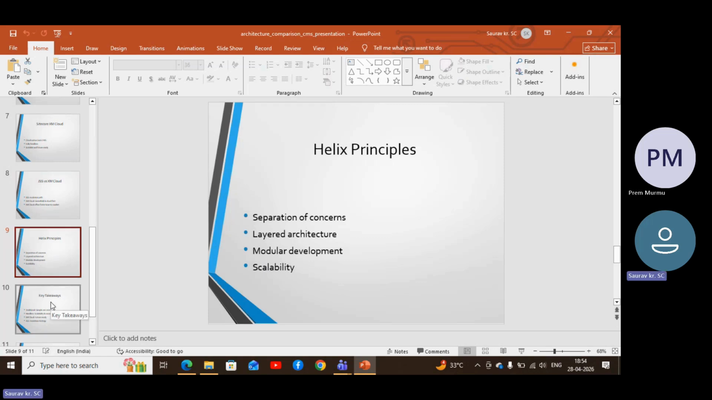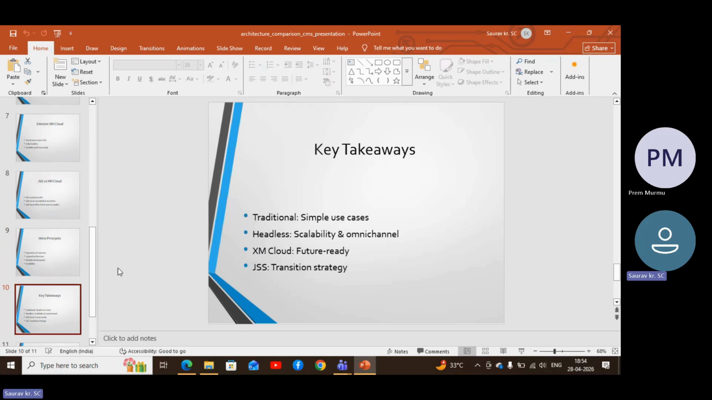Next, coming to the key strategic takeaways. For leadership teams, the decision is less about tools and more about future readiness. Choose a traditional CMS if you need quick development, digital maturity is low, and omnichannel is not a priority, and choose headless XM Cloud